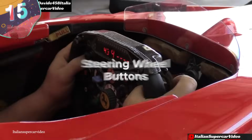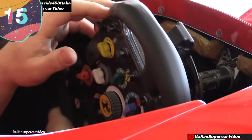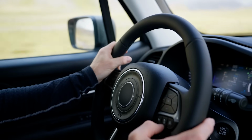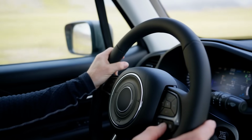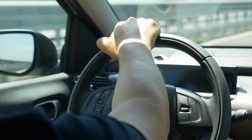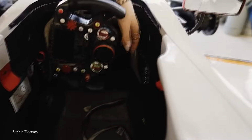Let's start with number 15, steering wheel buttons. Steering wheels used to be designed to do just one thing, steer your car. But in recent decades, the empty space on wheels has been used by car manufacturers to add control buttons, such as for adjusting the car entertainment or cruise control settings. While this may seem like a natural evolution, the whole idea of buttons on the steering wheel originated in F1